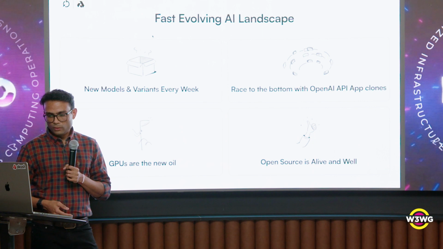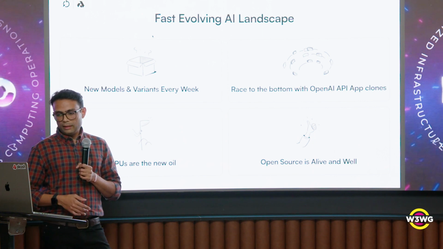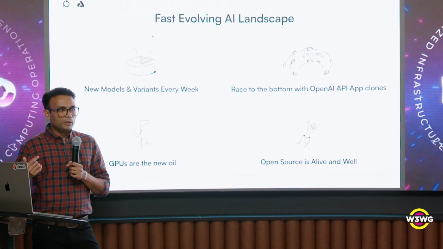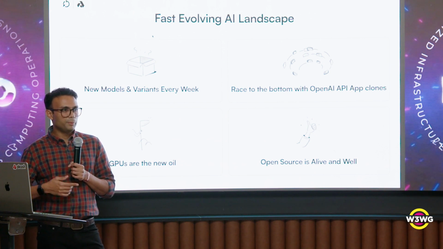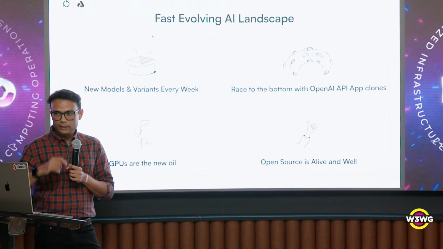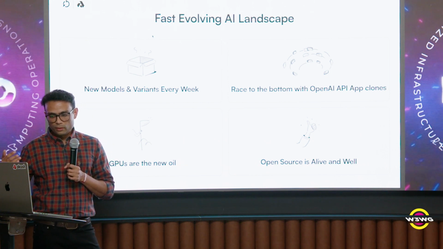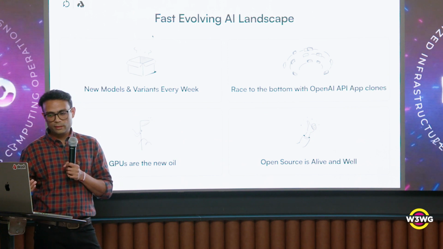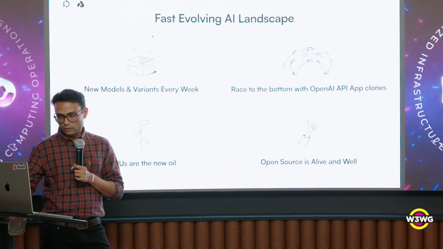But I try to boil it down to four things, at least from our perspective. And those are on the slide here. Essentially it comes down to new models being shipped all the time. This seemingly a race to the bottom, with people trying to produce equivalent apps on top of OpenAI's APIs. In many cases, they're doing exactly the same functions with very little differentiation. And then this seeming scarcity of GPUs, which everybody seems to want to find and can't seem to get their hands on. And then last but not the least, how is open source doing in all of this,